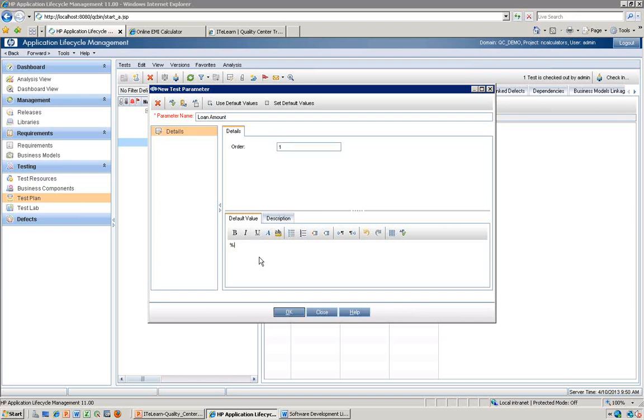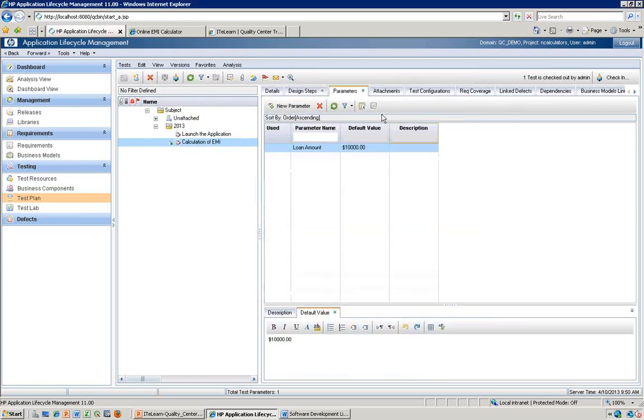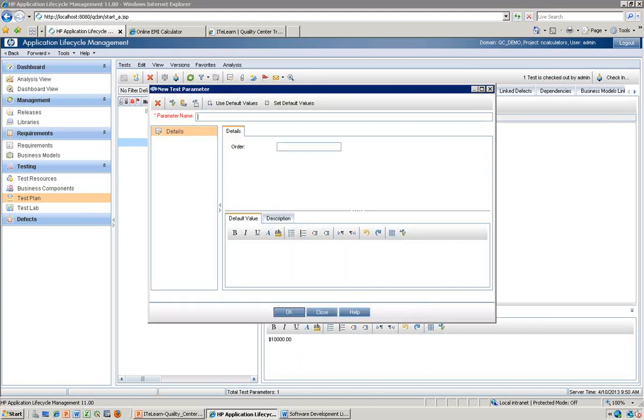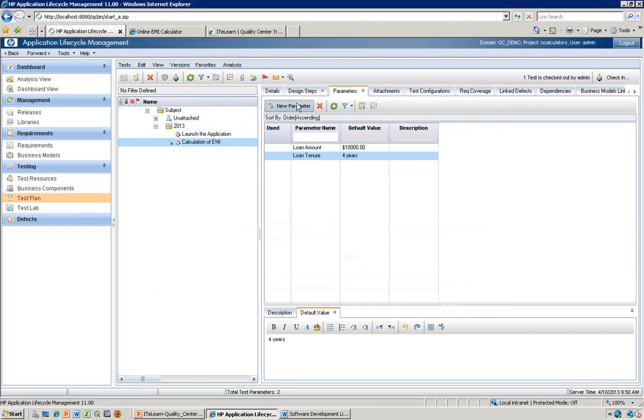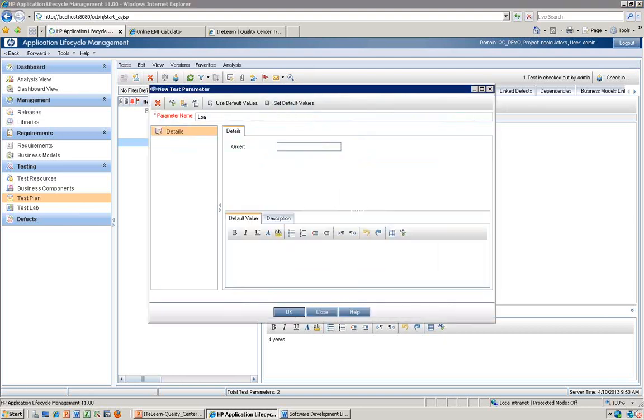Say I will say $10,000. All right, and new parameter. Then we will go for loan tenure. The order in which we have to input, and this is all for information to the user while execution. So let's say tenure is 4 years. Click OK, and then again click on new parameter, and let's say loan